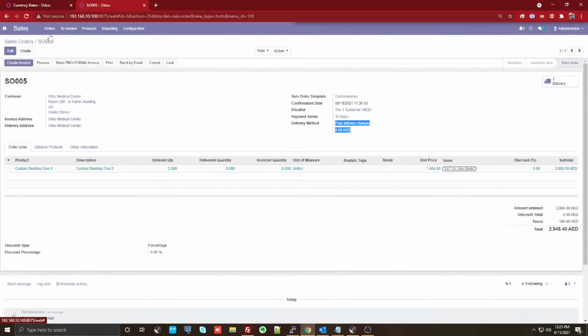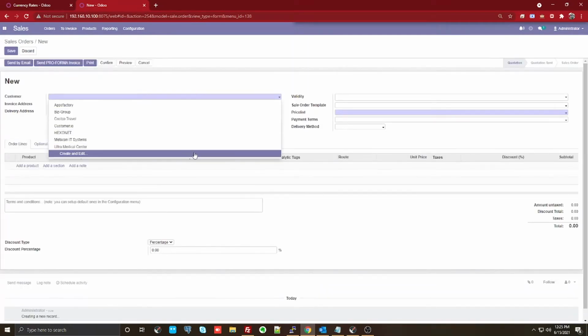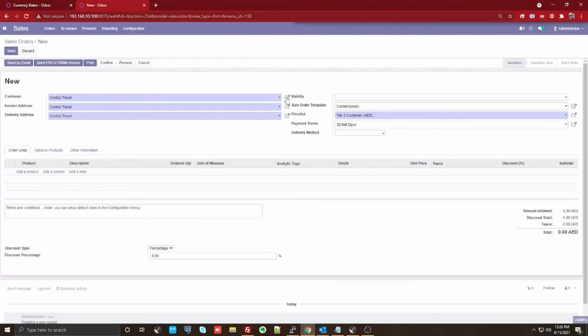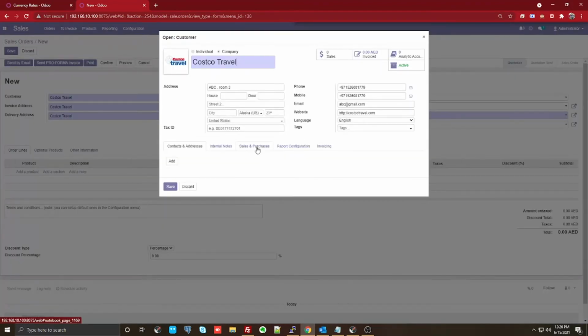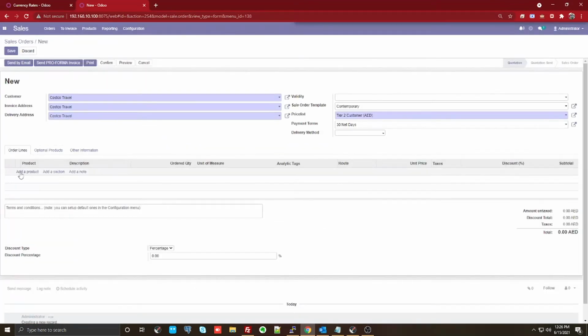Let me just try to create a sales order for better understanding purposes. So here I'm going to select Costa here and be sure that currencies and everything is different. Fine. So sales order. I'm just marking it as March 13th.